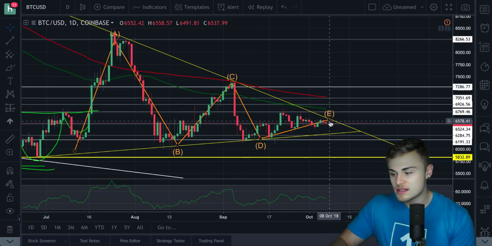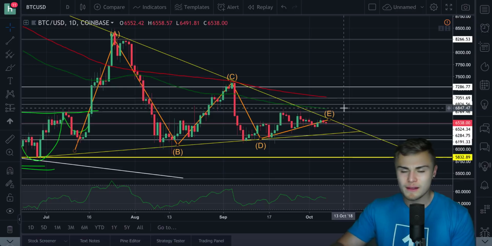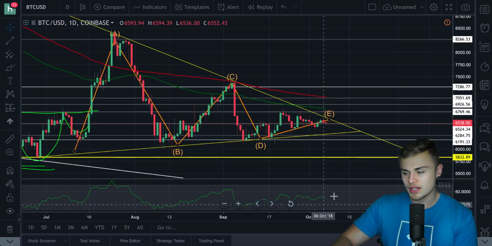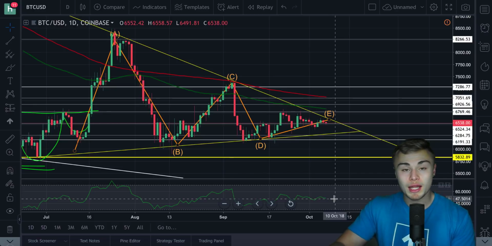But if things go according to plan, we should break bullish from that and shoot right up to around $6,800, pretty much retesting our previous high-low middle moving average. So it's very interesting. Relative strength index does look quite nice though. It's also at around 50, so literally just trading sideways. We've balanced out. We're pretty much neutral right now. It gives us plenty of potential to break bullish, and it also gives us plenty of potential to break bearish.